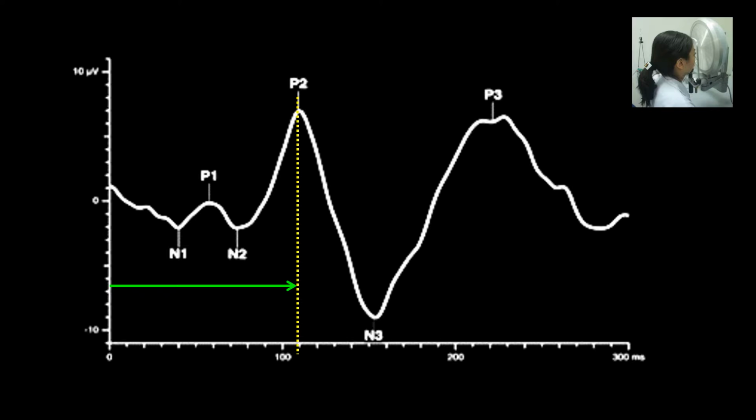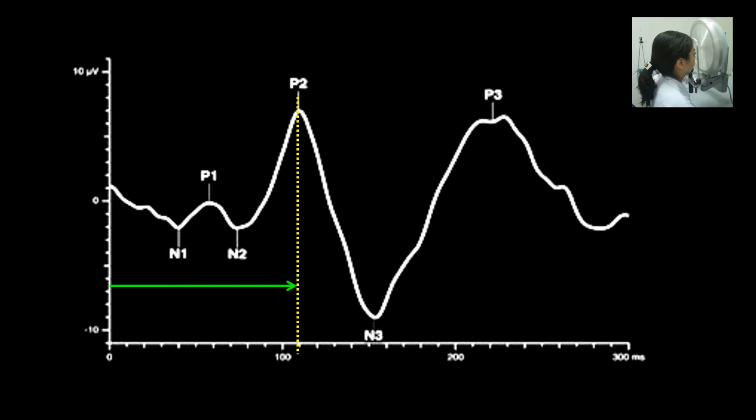That is, if from the stimulus to the appearance of P100 takes longer than 132 milliseconds, or if the interocular latency discrepancy is more than 6 milliseconds. Yet these values are highly uncertain,